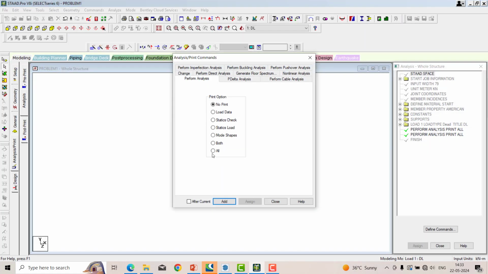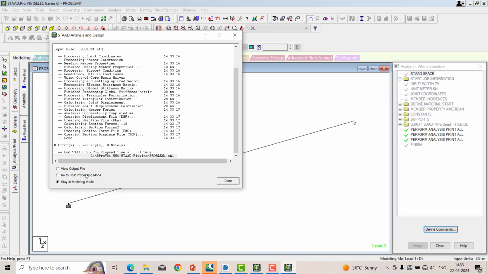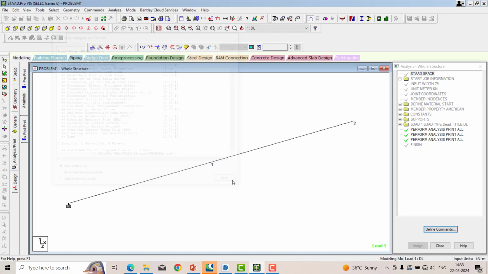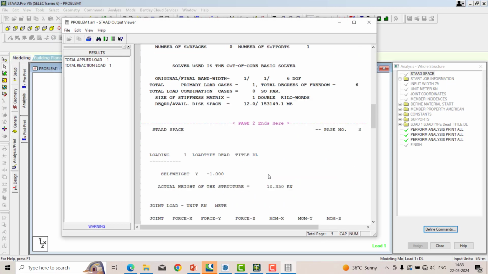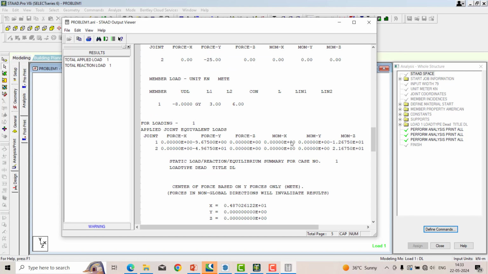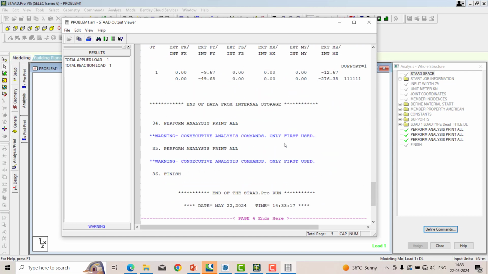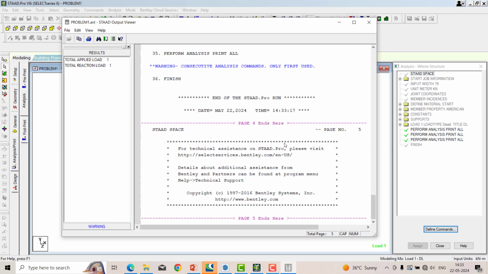Again I click on the all, add, close, analyze, run analyze and then save. Again click on the view output file and then check the dead load. Now this will be the actual weight of the structure, that is 10.350, and then these are the theoretical values of your beam, that is reactions and bending moment and all the stuff. So if you want to go ahead with the theoretical output, then you can click on the view output file,